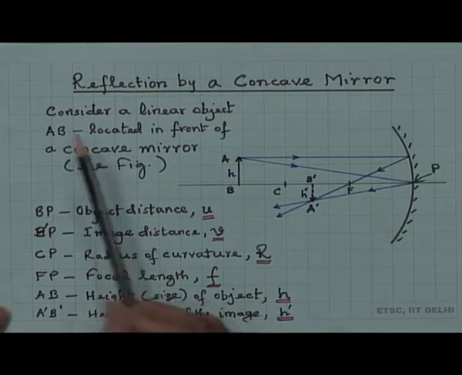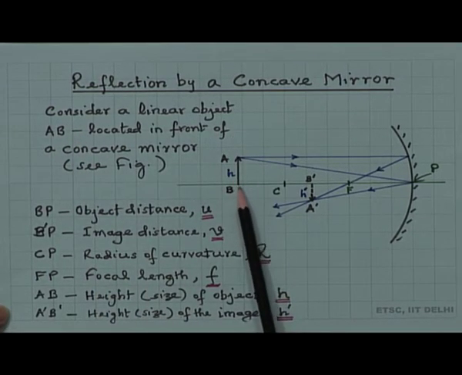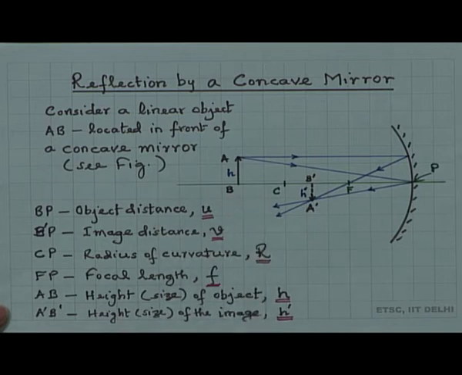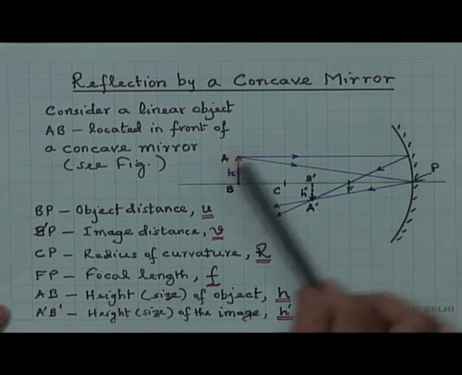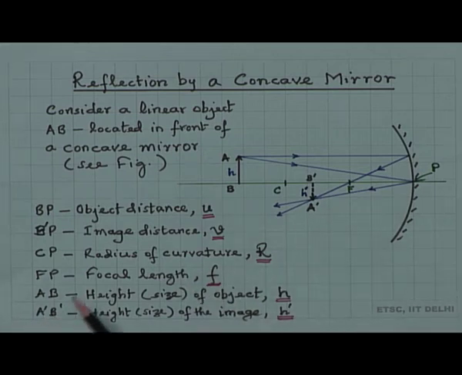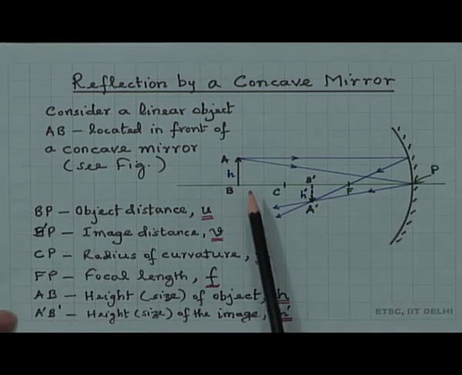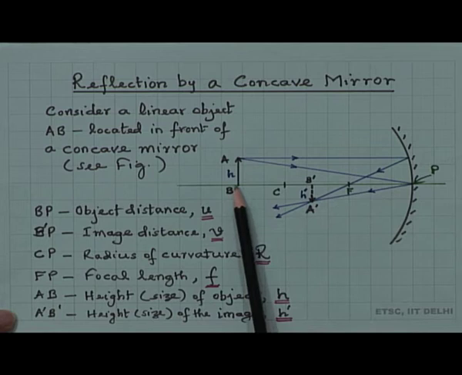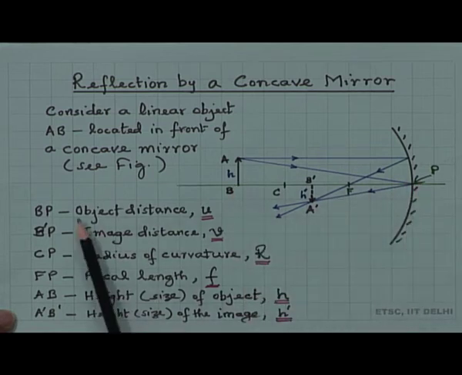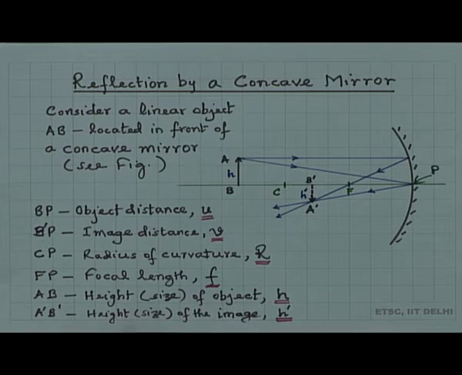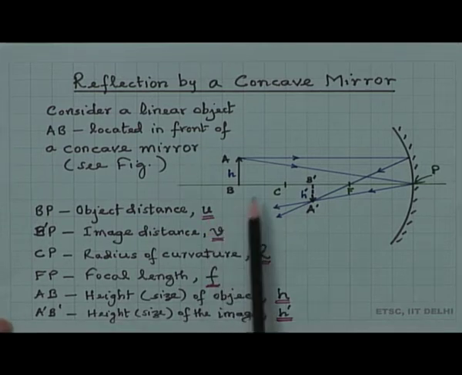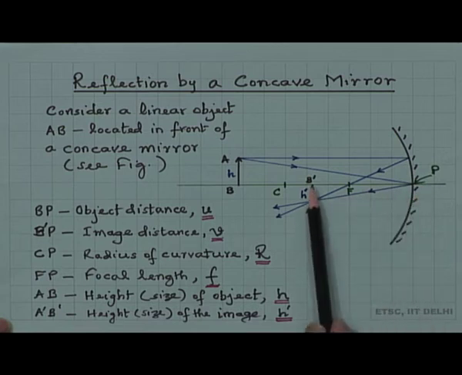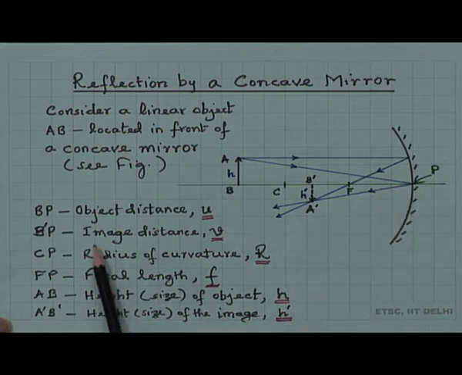So, as before, consider a linear object AB located in front of a concave mirror, as shown in the figure. I will try to draw this figure several times in the next few slides. BP is the distance where the object is located from the mirror, and therefore, it is called the object distance, normally designated by small u. The image is formed at A dash B dash, which is here, and this distance B dash P